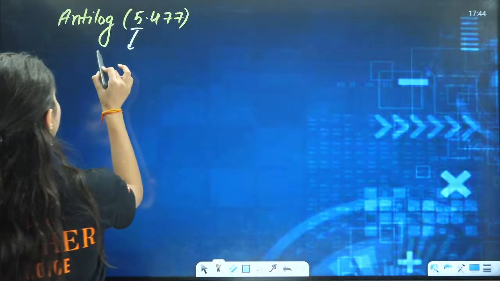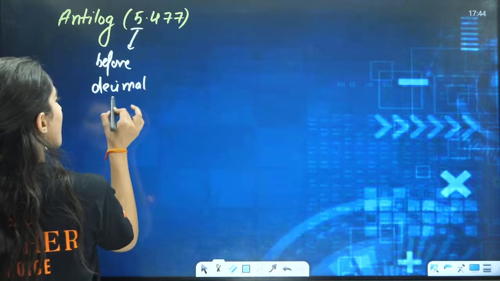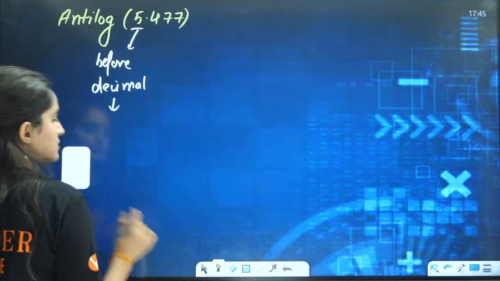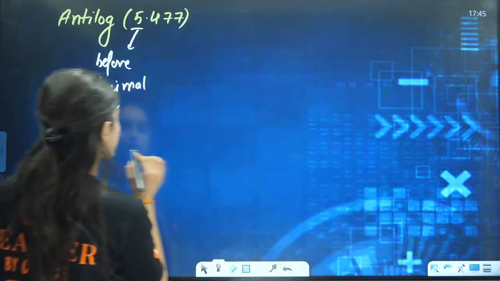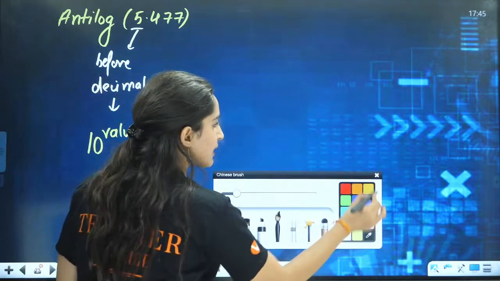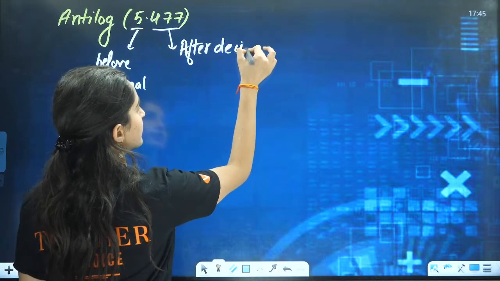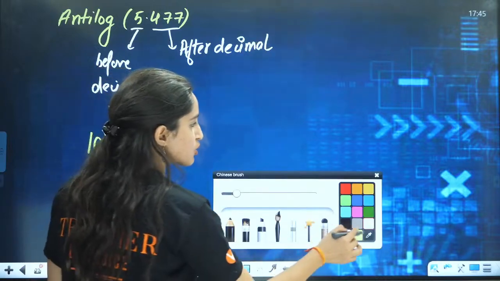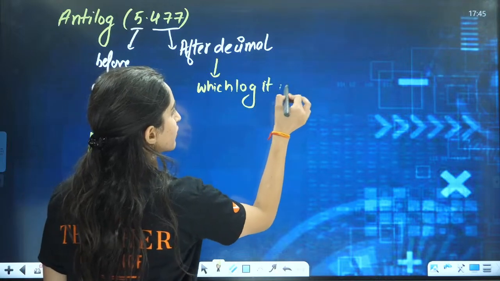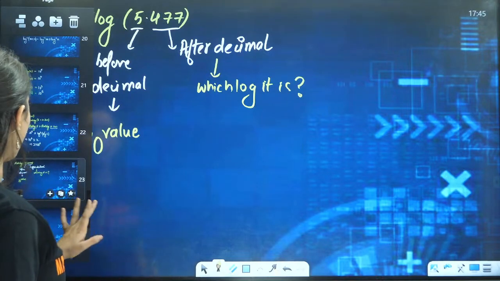Now, the one which is before the decimal, what you do? Before the decimal, it is 10 raised to power that value. After the decimal, you will see which log value it is. So, for example, if you talk about antilog of